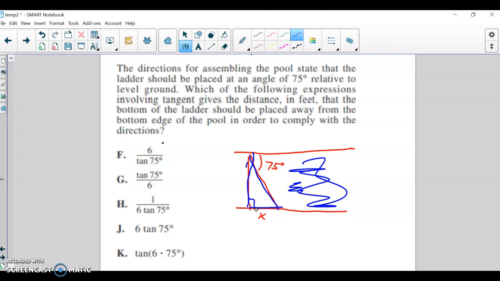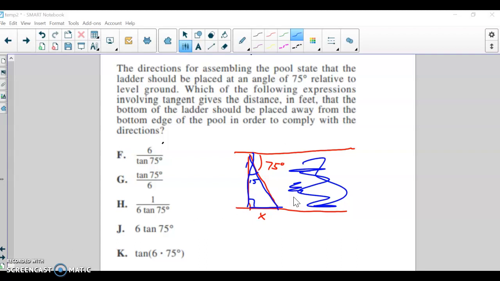Okay, so that angle is 75, but it also means that either this angle up here is 15, or you could use this one being 75 here, either way. All right. Anyways, we want to find